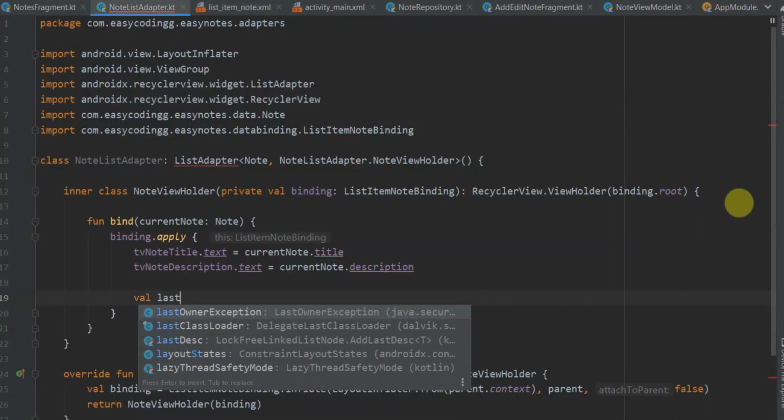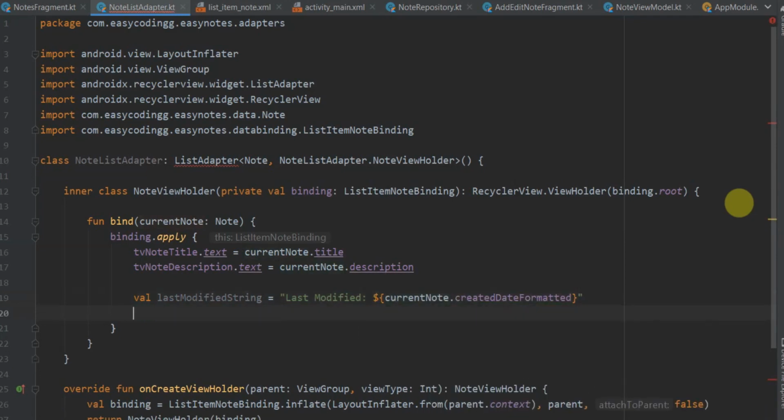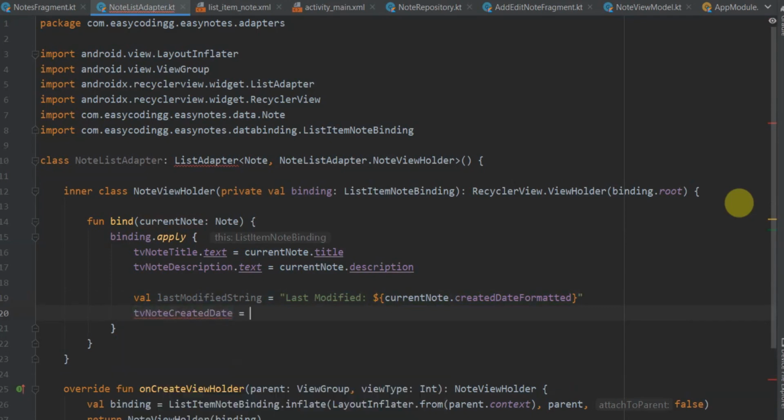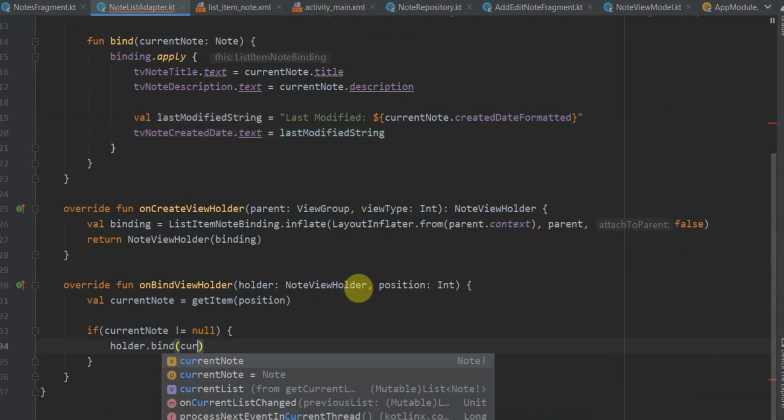Val lastModifiedString, it will be equal to last modified colon, and here we'll put currentNote.createdDateFormatted, and we'll set this lastModifiedString to tvNoteCreatedDate.text equal to lastModifiedString. And that's it for our bind function, and here we'll pass the currentNote.